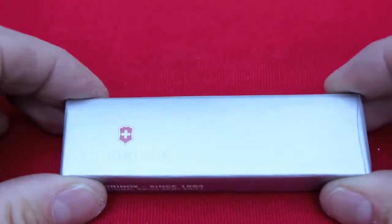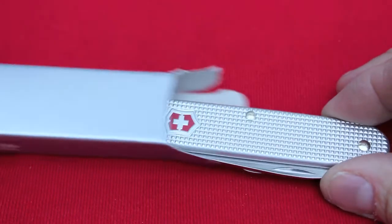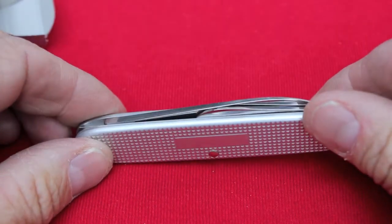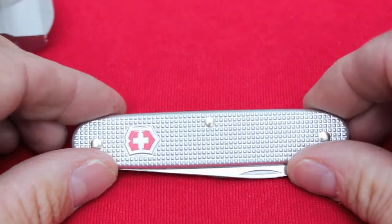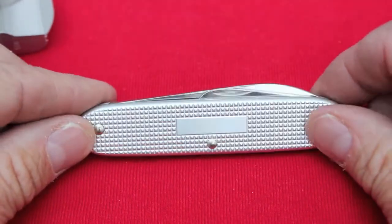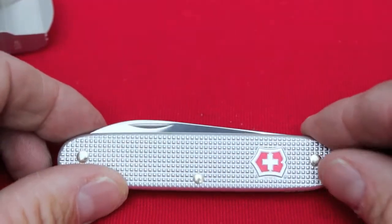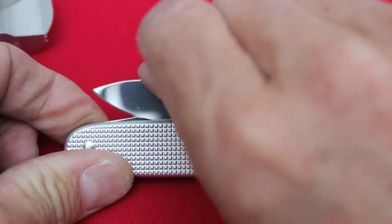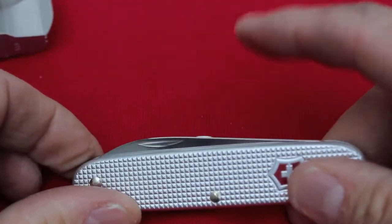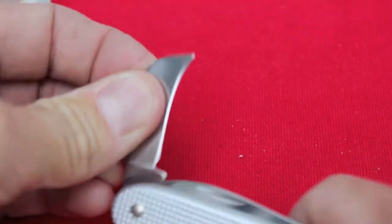So, the second part of the delivery. Oh, look at that. Oh my God. It is absolutely beautiful. This is a Pioneer. But it's the pruner. And this one has got the